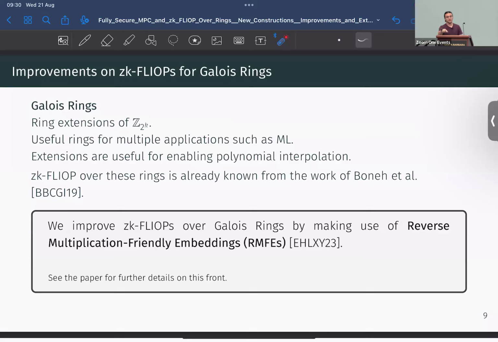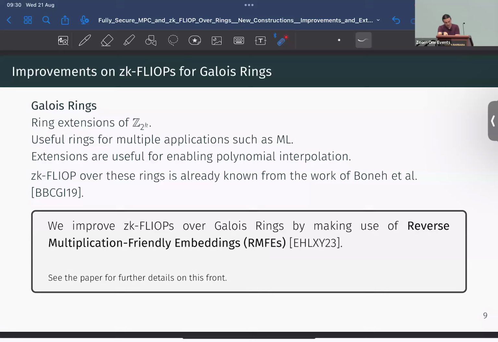I'm not going to get into the details, but FLIOPs are useful over fields, and something I'm very interested in is also rings, specifically the ring Z_2^k. It's known that if you take the analogous version of a field extension of these rings, you can get most of the things we know over fields to work over these rings. They're very useful, and it is known since the first work that basically all these interpolation-based techniques work over these Galois rings.